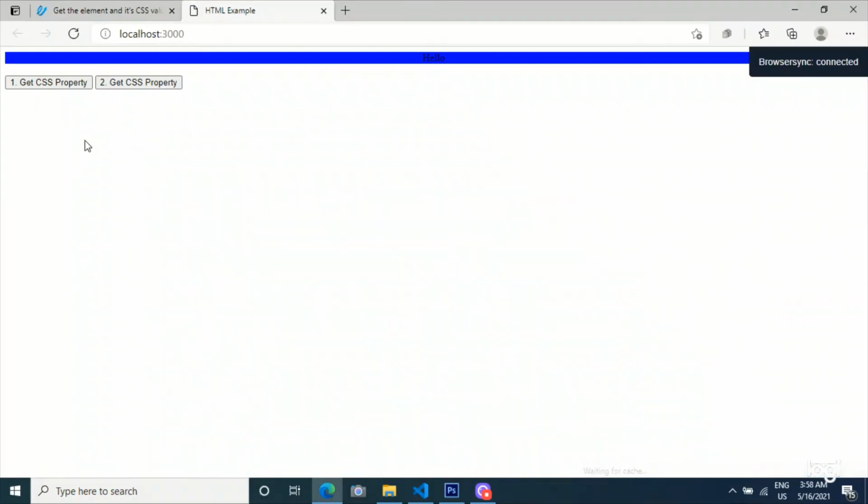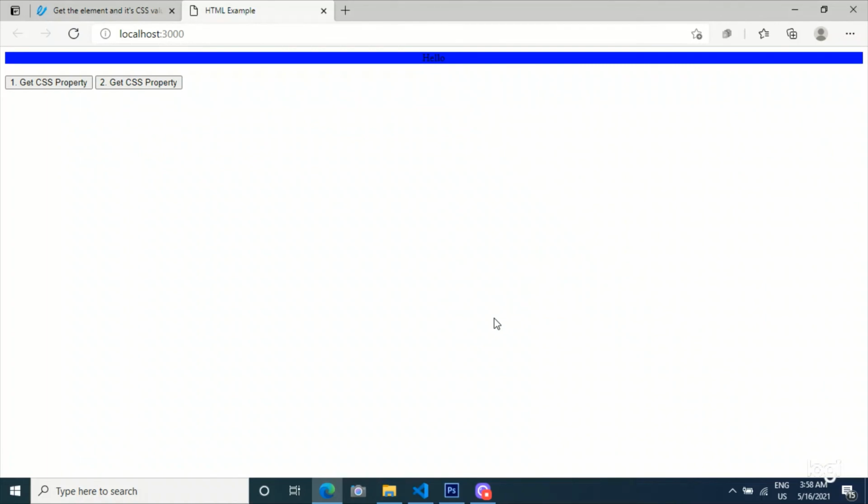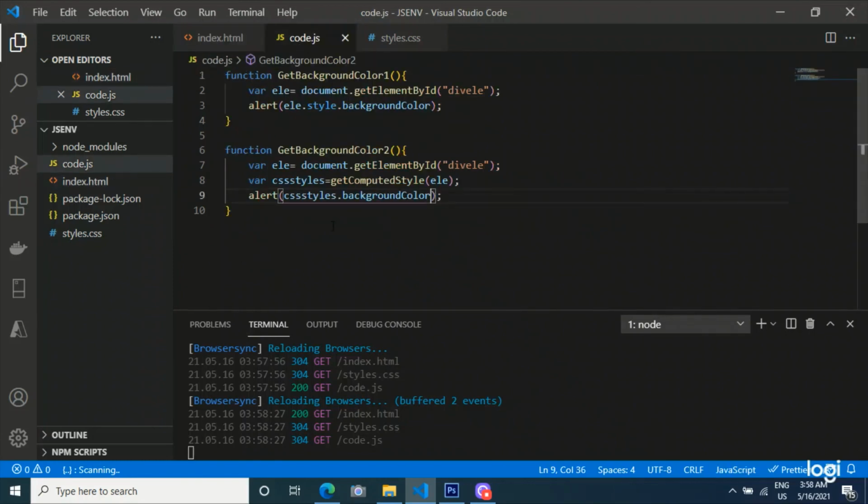Now I click, see, we get the value of background color. Using the second method we can get the styles inside the element also, inside the styles.